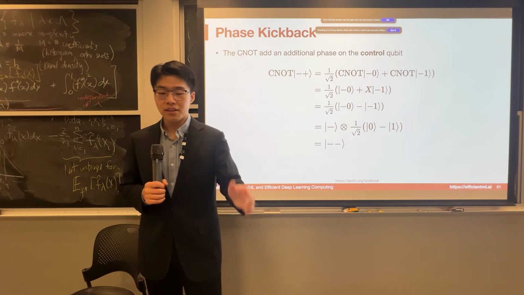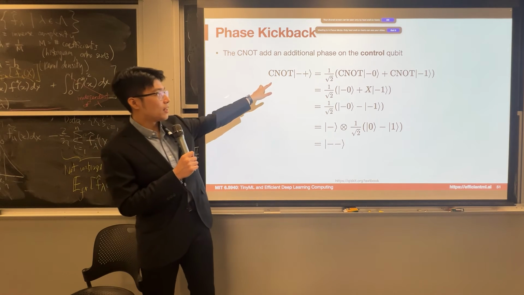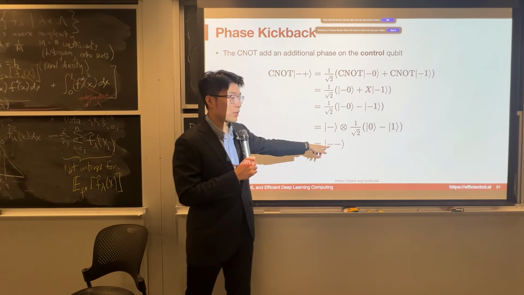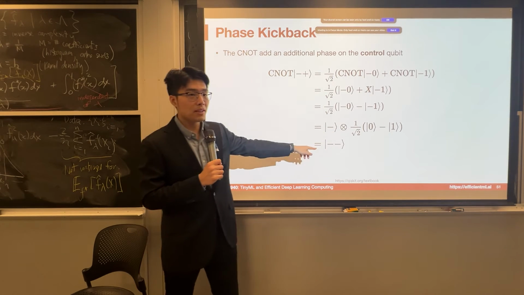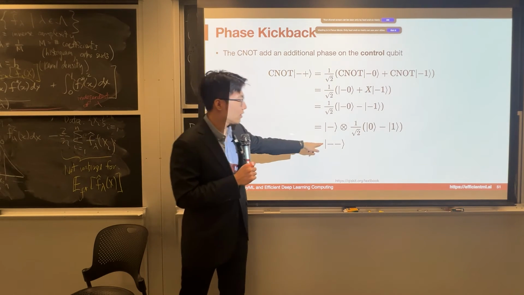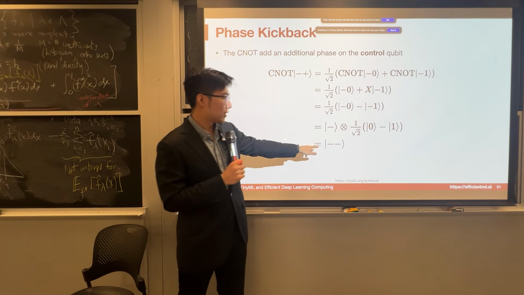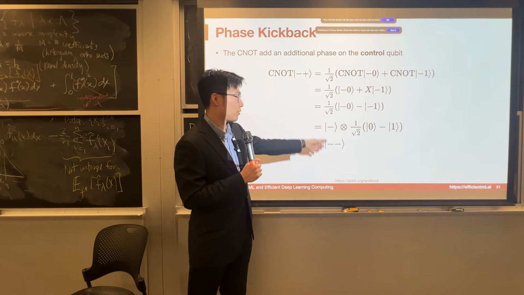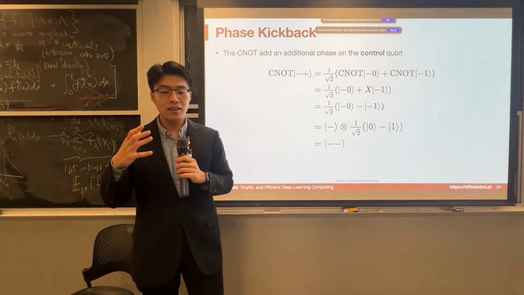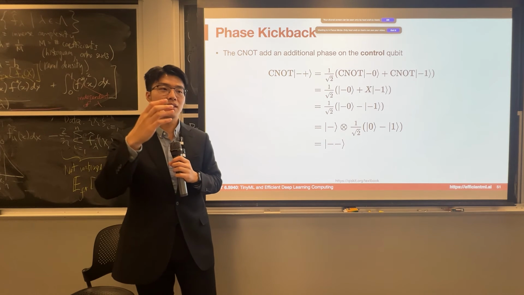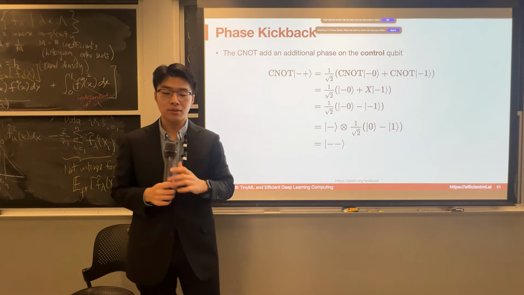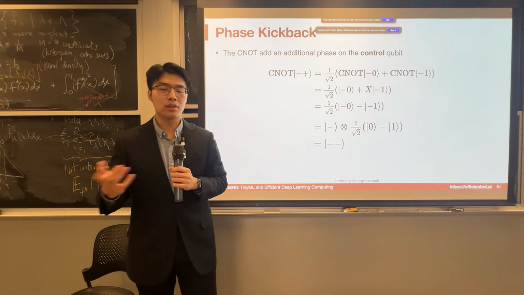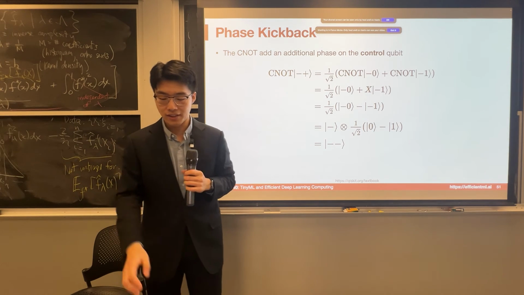However, here if we do the CX on this minus and plus 1 state, we can see that the final result will be minus and minus. So that means if we apply the CX, the target is not changed, but the original control qubit is changed, the state is changed from plus to minus, right? That's called the kickback of the phase from the target to the control qubit. That's a very important subroutine in many quantum algorithms, including the ones we introduce later.